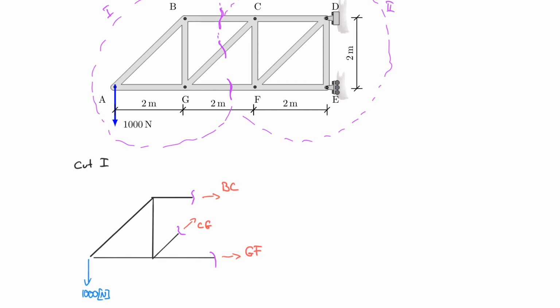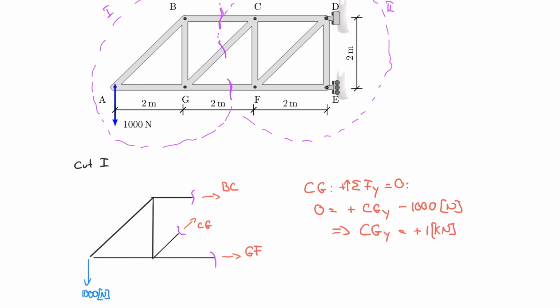So let's say I want to find CG by the sum of the forces in the Y direction being equal to 0, upwards positive, and 0 is equal to plus CGY minus 1000 Newton. So I know that CGY is equal to plus 1 kilonewton, and the plus tells me that I assumed correct, so therefore it's actually going in the upwards direction, which means it's in tension. So I got that figured out, and now I need to, of course,